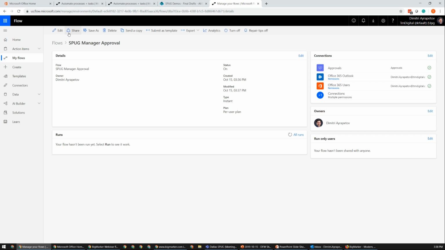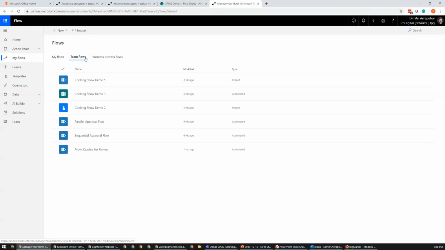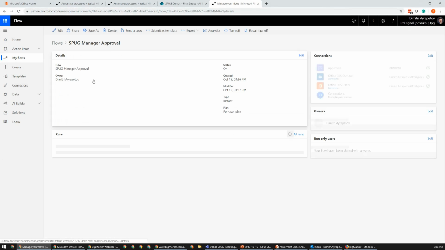Because by default, Microsoft Flows are owned by the person that created the flow. And if I create a flow that's for a business critical application and tomorrow I leave the organization or my contract is coming to an end, and if I don't make somebody else an owner, that flow will essentially stop working and will be soon after deleted, which is a problem. But if you share a flow, it becomes a team flow. And under My Flows, it would appear under the team flows category. In that case, somebody could take over once you're gone.